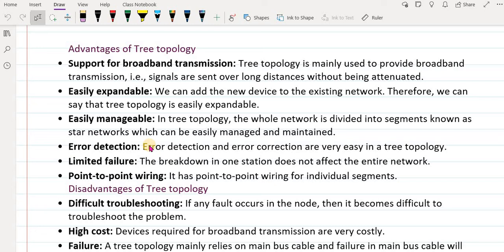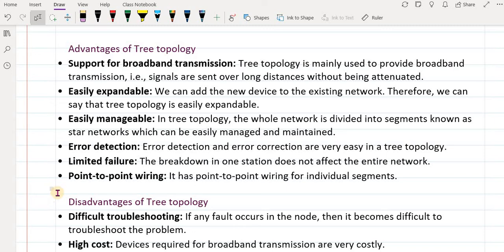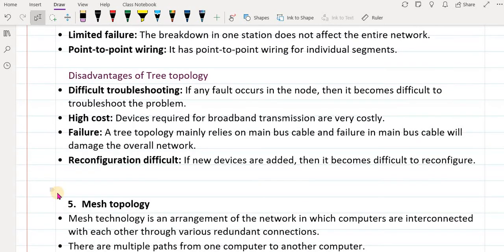Error detection and error correction are very easy in tree topology. And limited failure: the breakdown in one station does not affect the entire network, and it has point-to-point wiring for individual segments. So these are some advantages, and if you see the disadvantages, then we have here